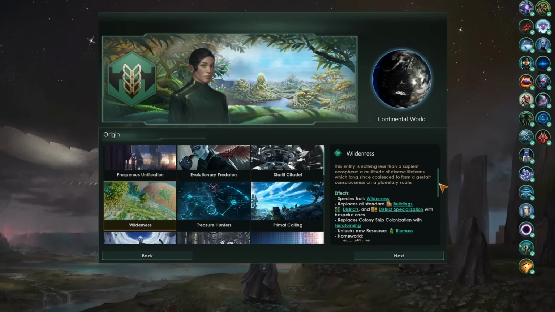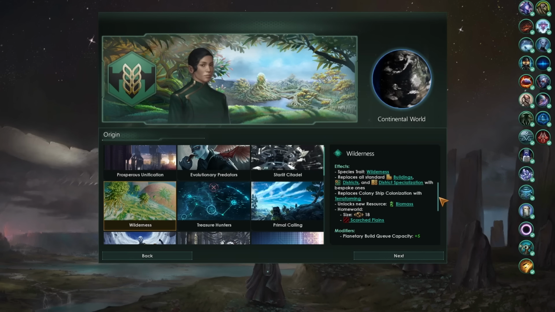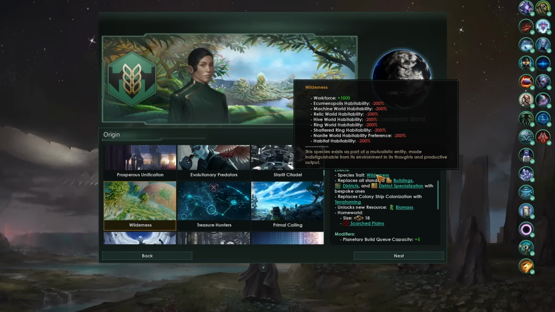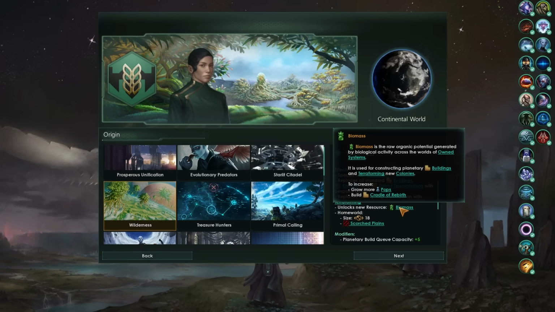Wilderness is a very unique new origin that allows you to play as a planet. Think of Ego from the Marvel Universe, or possibly Mogo from DC. Your pops will start with the quite unique Wilderness species trait. This is very unique, it only allows you to live on wilderness planets, and in essence, you'll be playing this game without any pops. You'll have something called biomass, which grows like population, but in order to boost your economy,